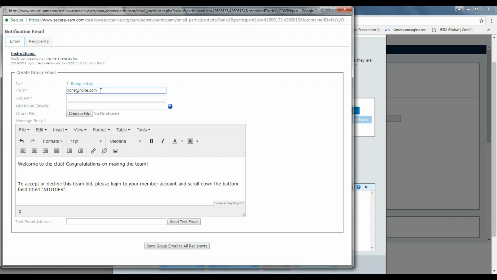The from category, the from can be customized if you would choose to. That could be like a coach, it could be a director, whatever you choose, or it can just be your pretty much your club email address, the general one that you may have. Subject, you want to put something maybe a little bit eye-catching so they know to open that email as soon